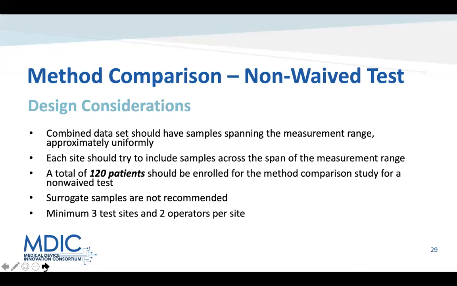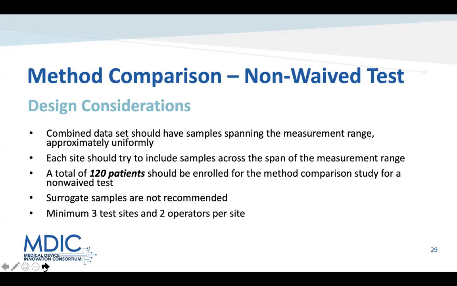So let's first start with the non-Waived test, some of the design considerations. This approach describes a scenario in which the candidate device is a non-Waived test. We're looking at the combined data set here, and we want the entire measurement range to be spanned in a uniform fashion. So each site should try to include samples across the measurement range. For example, at 3 minimum test sites, you should try to spread that testing with about 40 patients at each site. The total of 120 patients minimum should be enrolled for the method comparison for this non-Waived